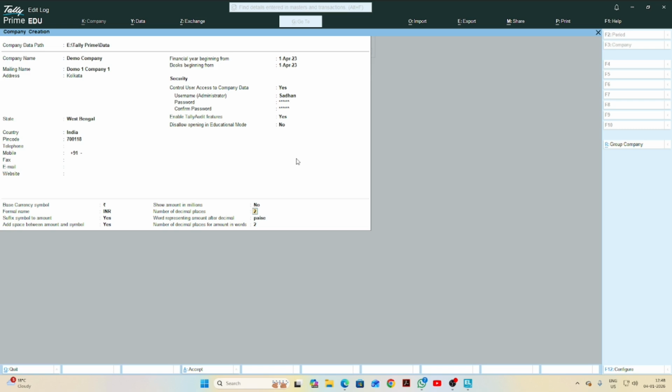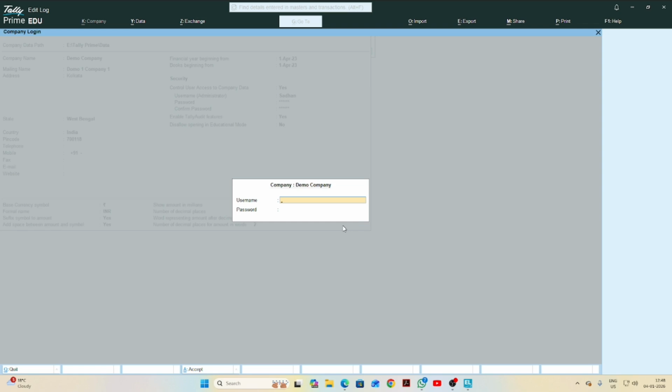Number of decimal places, 2. Word presenting amount after decimal, which will be presented after the decimal, paisa. Number of decimal places for amount in words, 2. Then I will press enter. After pressing enter, this accept or no screen appears. I will say yes. Then this will show